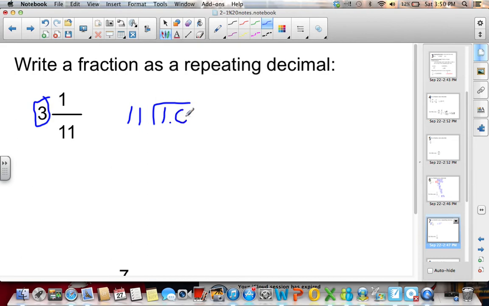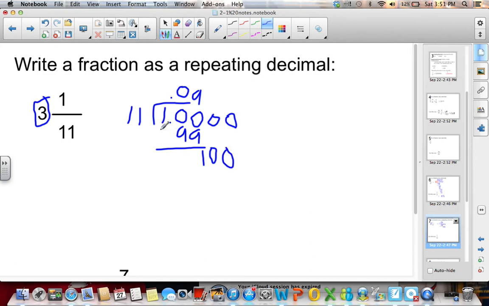1 does not go into, or 11 does not go into 1, so I add my decimal. Well, 11 does not go into 10 even, so that's 0. 0 times 11 obviously is 0. So I'm actually just going to add another 0 and see, well, how many times does 11 go into 100? Which is 9. 9 times 11 is 99. 100 minus 99 is 1. And I add a 0, pull it down. Well, I know 11 can't go into 10. So I'm going to add another 0,